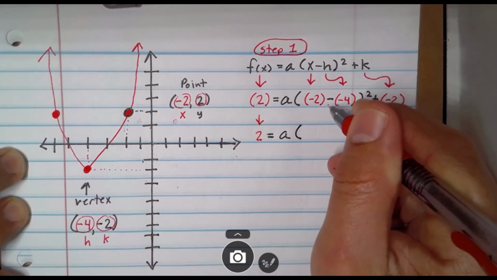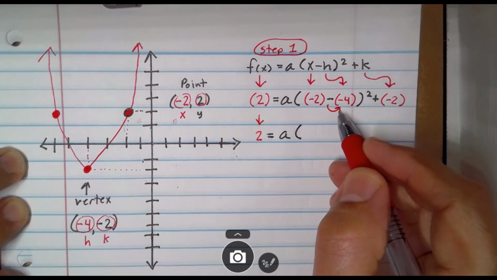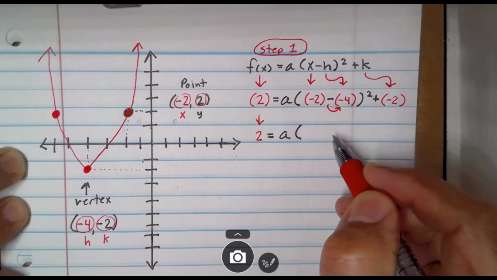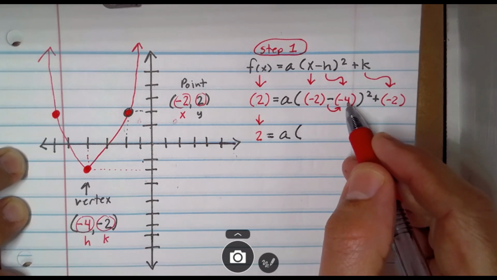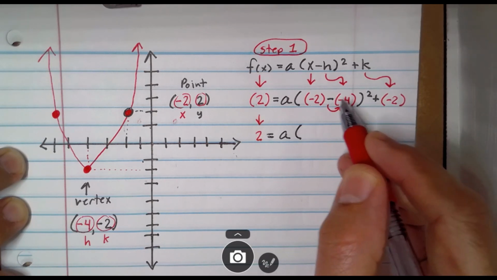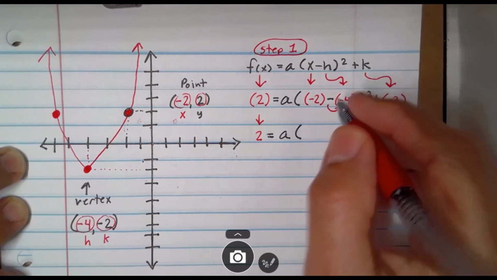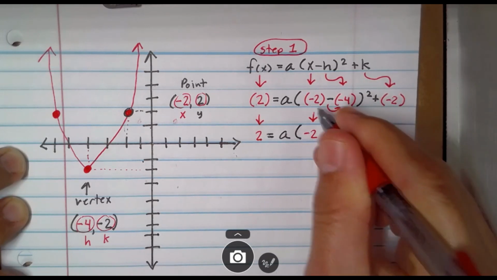I do have a negative sign here, so I want to take that negative sign and distribute it. When I say distribute it, imagine there is an invisible 1 in front of every parenthesis. So there's an invisible 1 right here, and this negative sign goes with it. So this is like saying negative 1 times negative 4. If you were to put that in a calculator, negative 1 times negative 4 turns into a positive 4. So here, I'm just going to bring down the negative 2 outside of the parenthesis